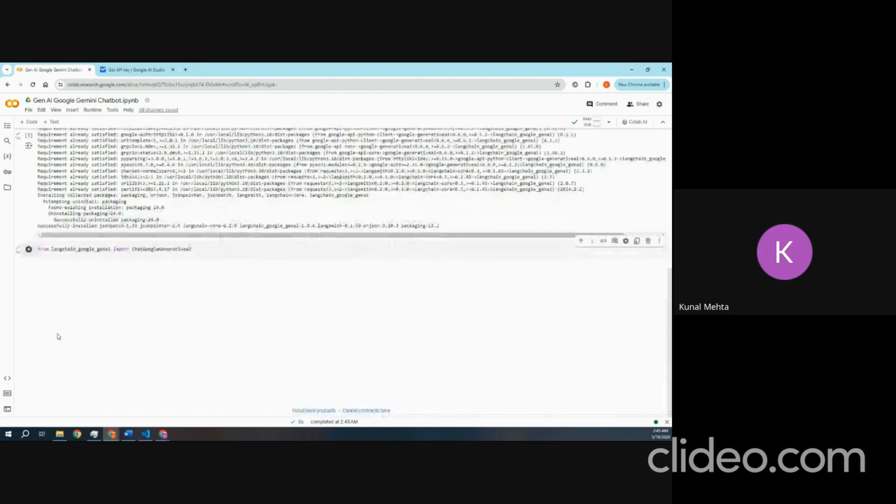Let's run it again. Okay, so now I have imported my library that I wanted as well. Now let's put in the user question, whatever we would want to ask our AI model. I'll press Escape, then press B to get a new cell over here. And let's put in a user question,